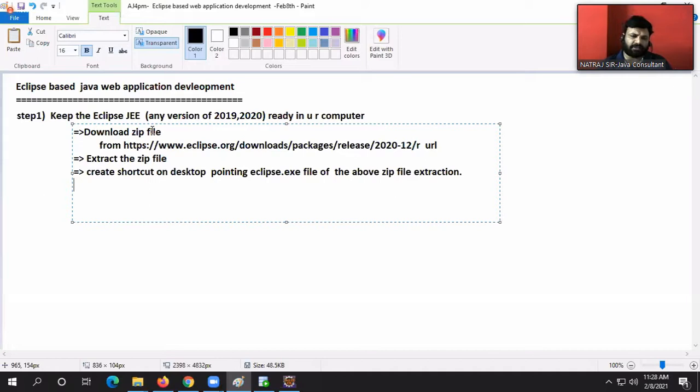I hope you are understanding my statement here, guys. Create a shortcut on desktop pointing to the eclipse.exe file of the above zip file extraction. Okay.